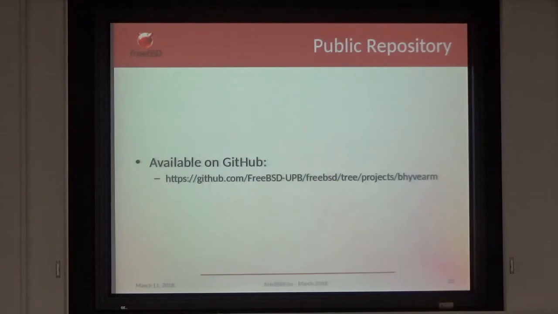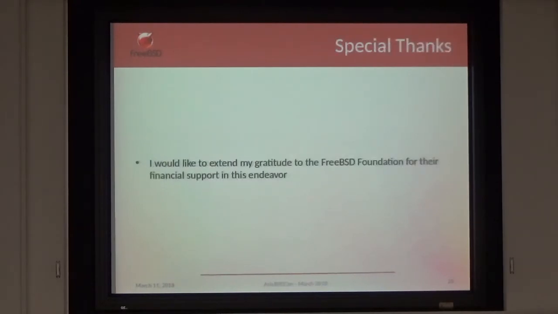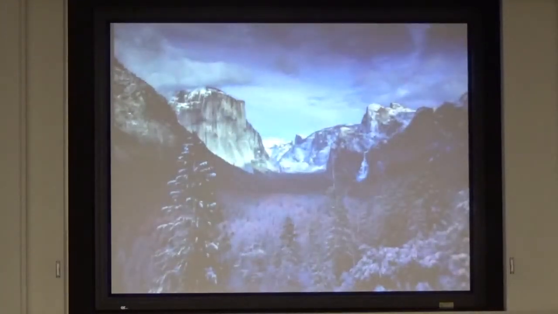All the code is available on GitHub, at github.com/FreeBSD-UPB/FreeBSD 3 projects Beehive ARM. And in the end, I would like to extend my gratitude to the FreeBSD Foundation for their financial support during this endeavor. If you will allow me, I would like to show you a little demo,